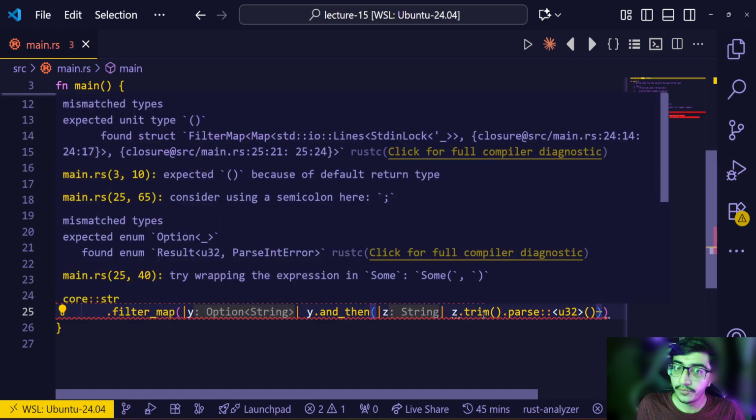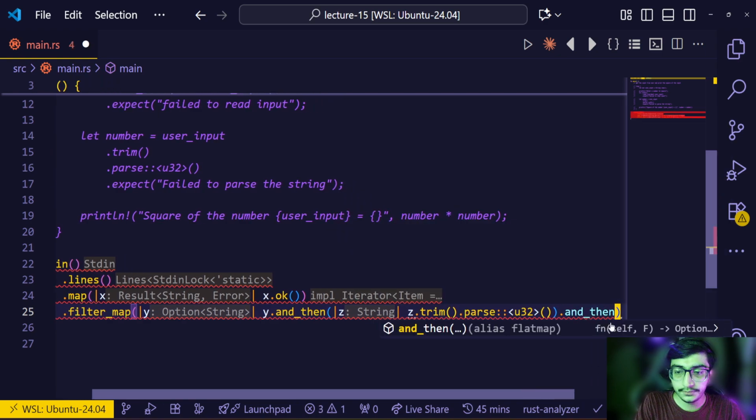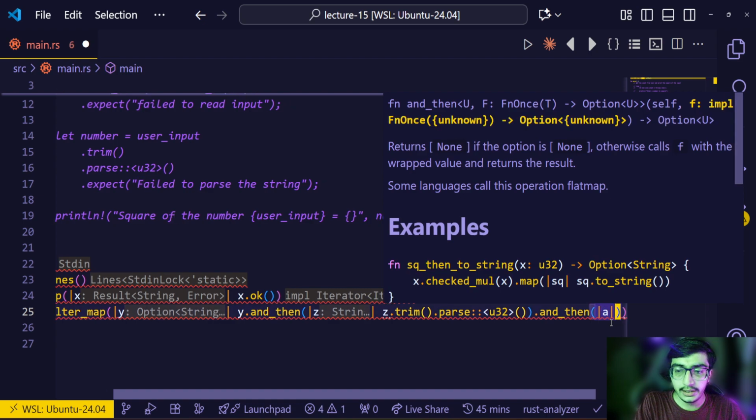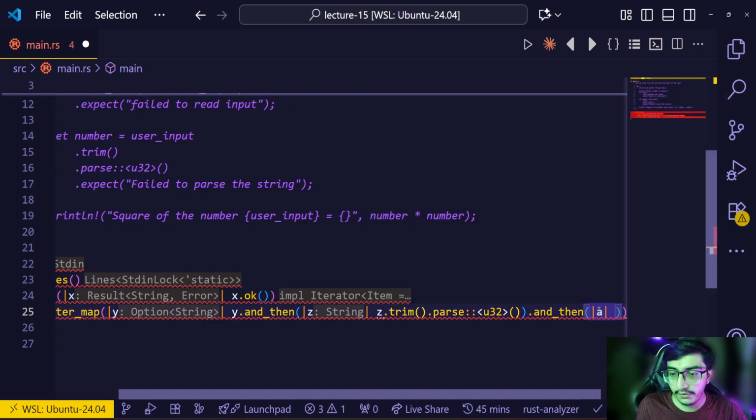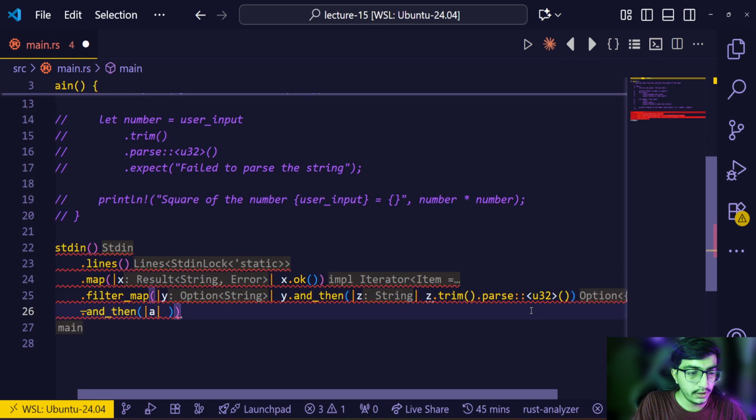This will return a result. All right, so what we can do, we can add another block of and then. So let's say and then let's say a, and what this a will have, let me save it, or let's just move to the next line, save, and let's just directly return a dot